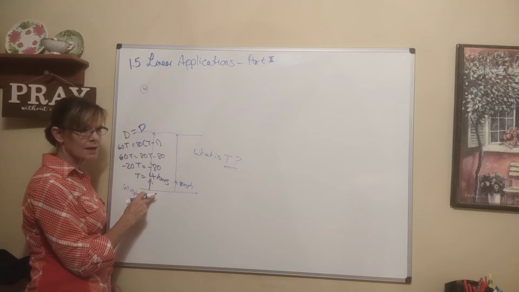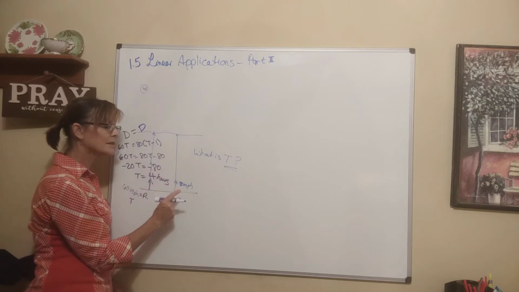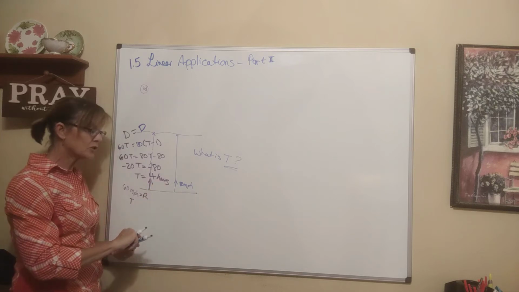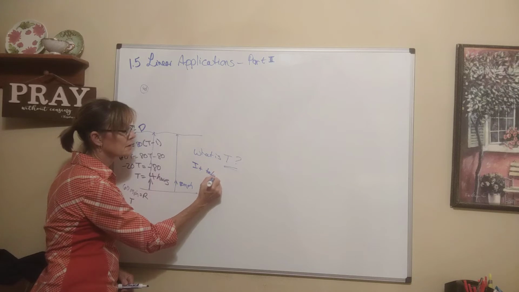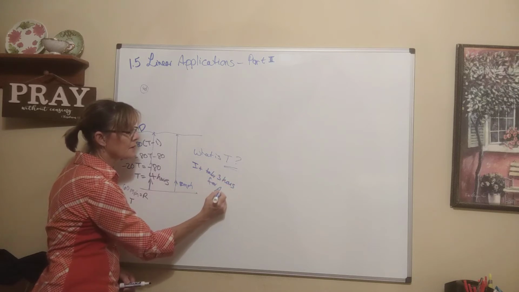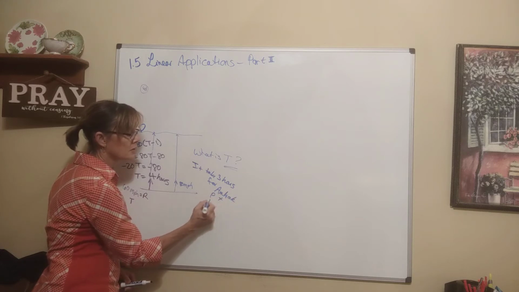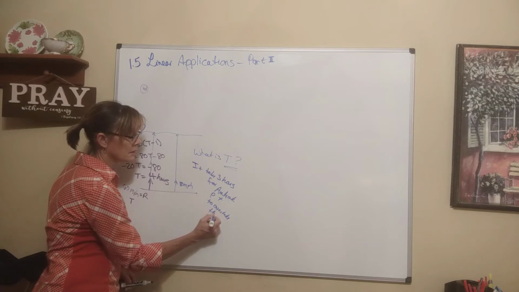That's not what it asked. It said, how long did it take for him to overtake it? So basically they're saying, how long has the blue guy been traveling? 1 hour less than the purple. So it took 3 hours. It takes 3 hours for the Amtrak passenger train to overtake the freight